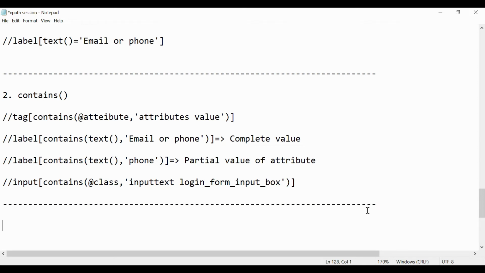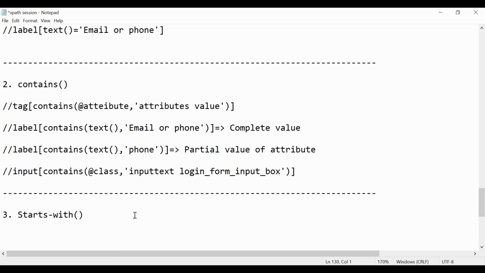Third is similar to contains, and its name is starts-with. You may imagine what it is exactly. We are able to find a web element by providing only the starting values of the attribute's value. Here, similar to the above syntax,